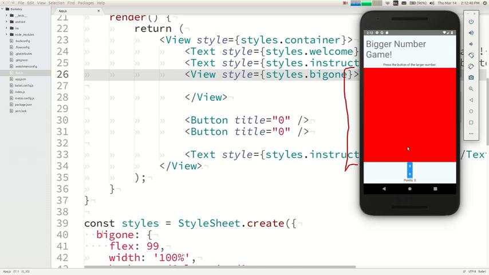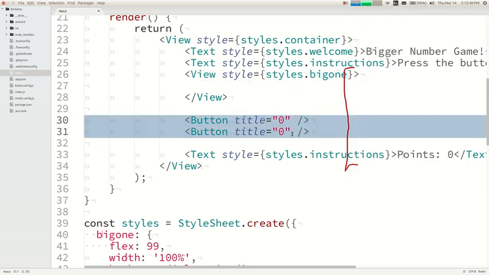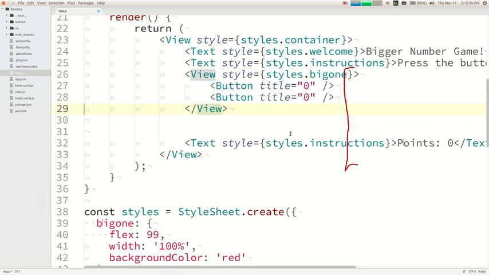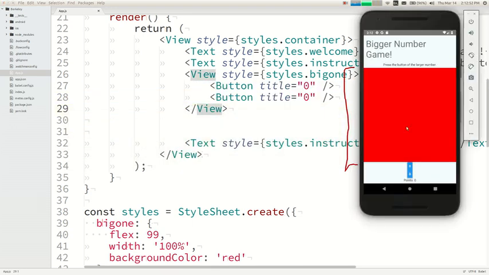So you can do stuff like that, there's a lot of different stuff you could do. I kind of wanted these two buttons to be in the middle of that though, not all the way down here. So maybe I'll actually put these buttons inside of that, and I mean, I don't want it red, but I'll fix it in a minute. Now they're up there. They're still part of the red guy. It's just that their blueness covers the redness. I think if you look, there's a teeny pixel of red peeking out between them,